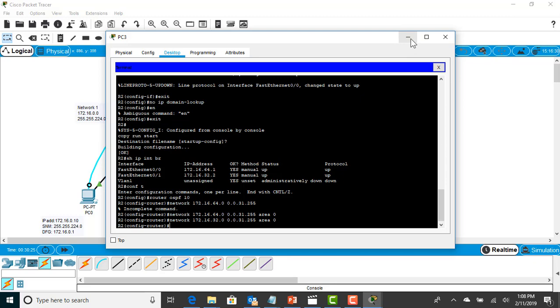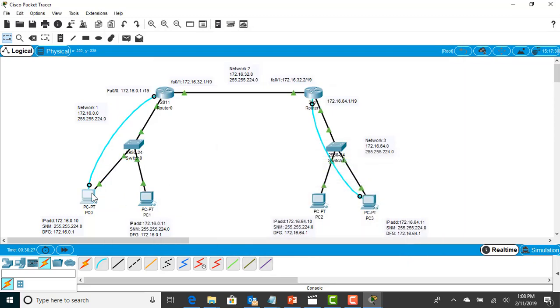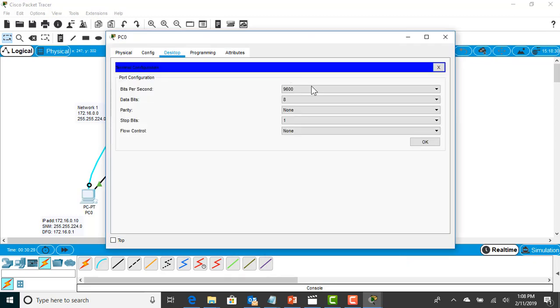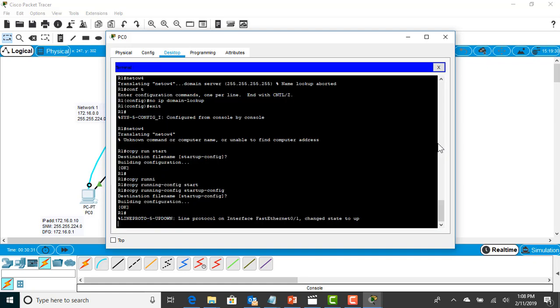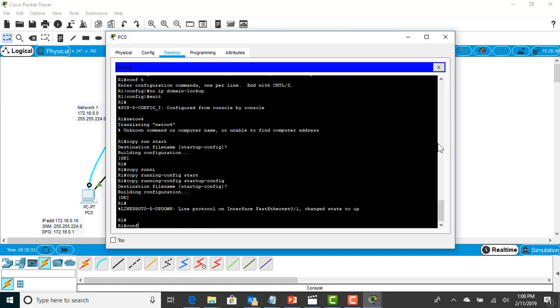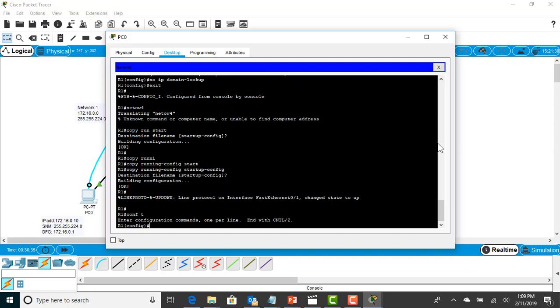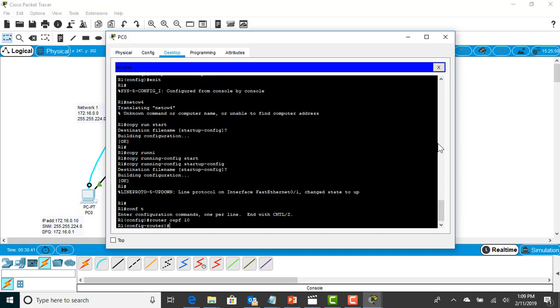So we can go ahead and get out of this screen, come back over to this screen, look at this terminal, choose OK. And we're going to pretty much do the same thing over here. We're going to run router OSPF 10, because that's the one we use in the other one. You'll see our router prompt has changed. We're going to advertise our two networks on this one. So network